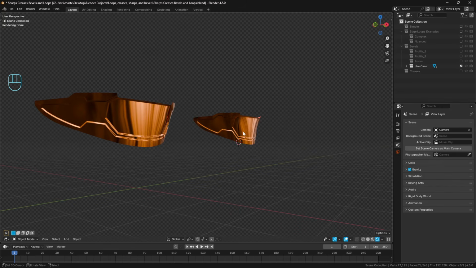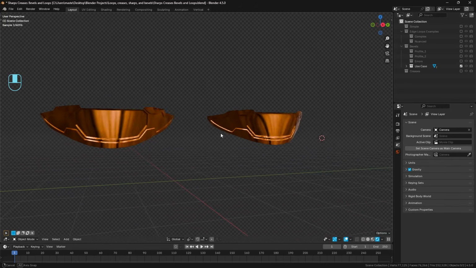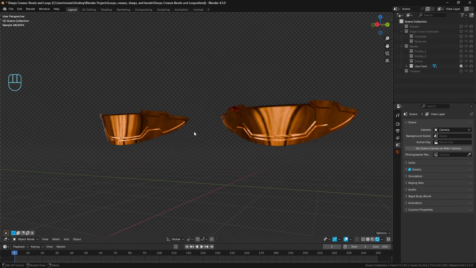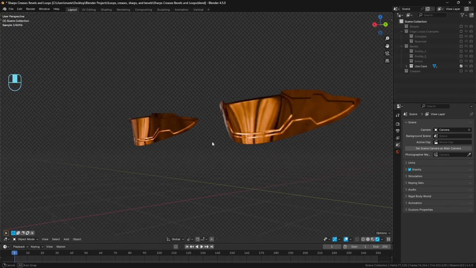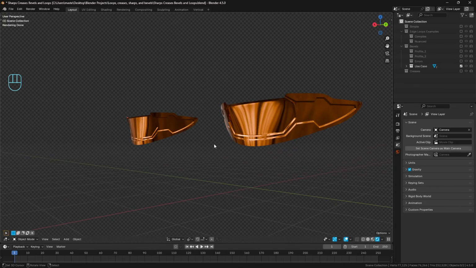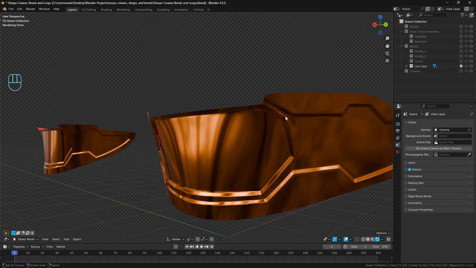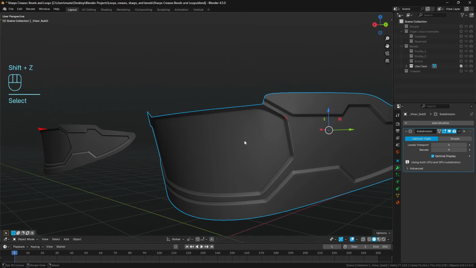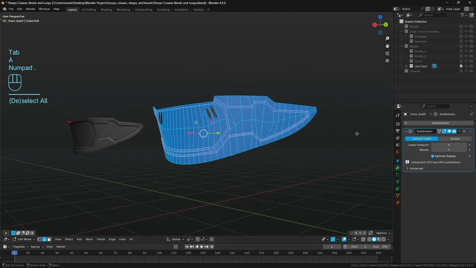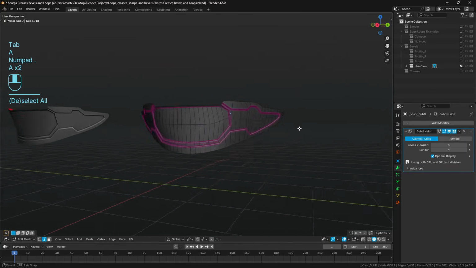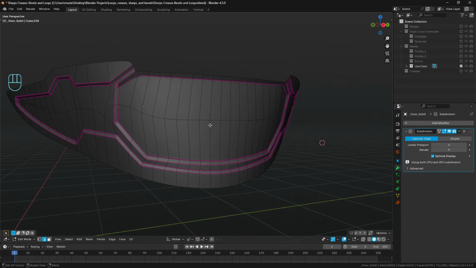But just look at these two models and see if you can figure out which one is problematic or which one has got an error with it, right? And if you can't see it, it's the one on the right here. And the glaring giveaway is these, once again, back-facing faces that are pulling through. And funnily enough, despite everything I've said about creases and subdiv, this is using creases and subdivs, and it just